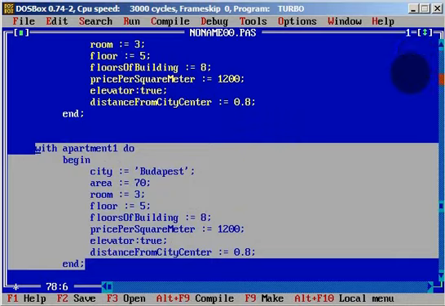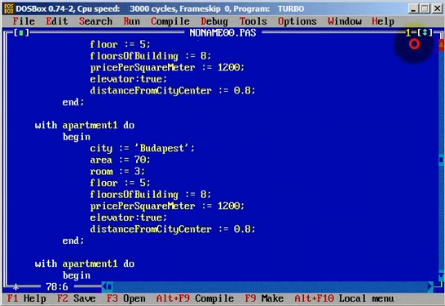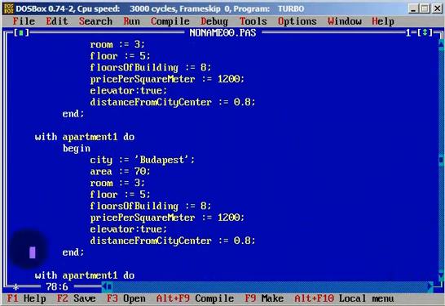Okay, now we have 4 apartments, and let's change some values. Okay, here will be apartment number 2. Here will be apartment number 3. Okay, and here,